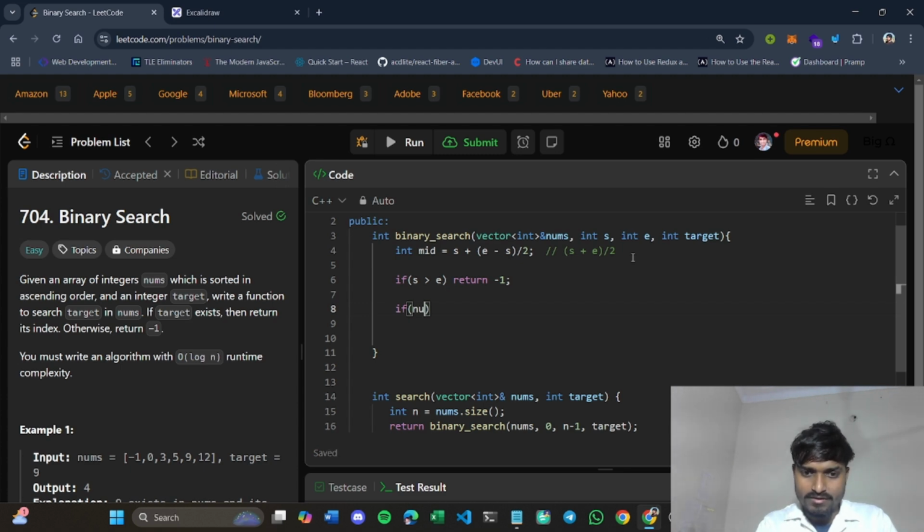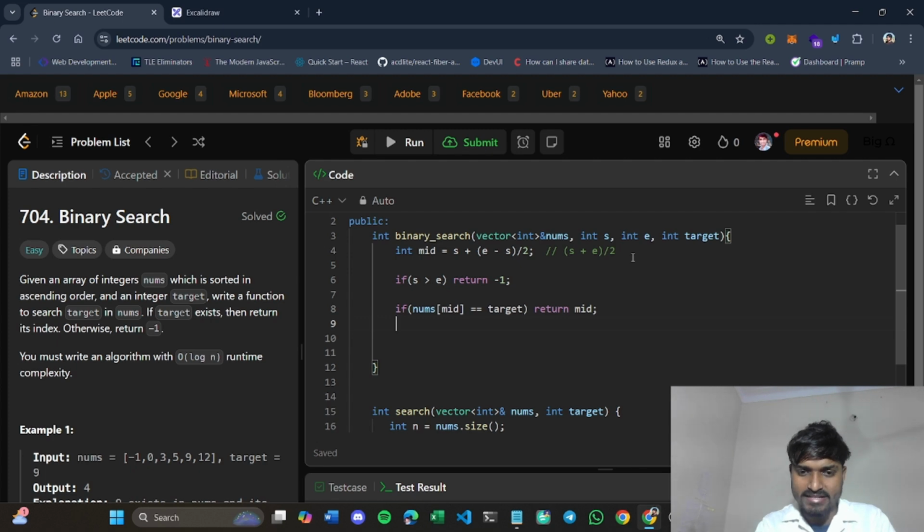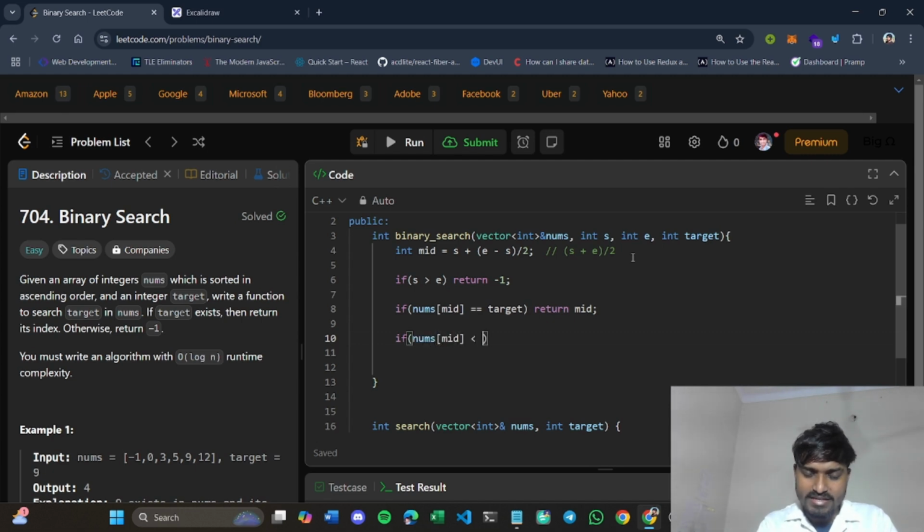So what if nums of mid is equal to the target element? In that case, we will return mid. Mid is basically the index, right? If that is not the case, if nums of mid is less than the target element,